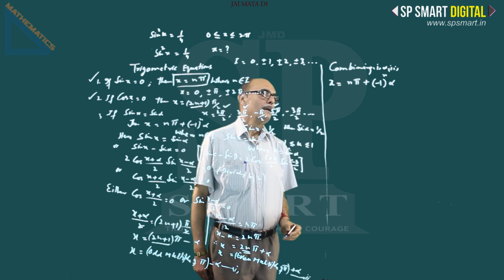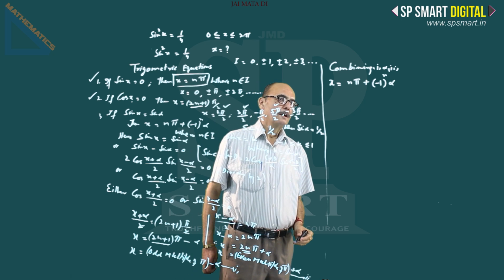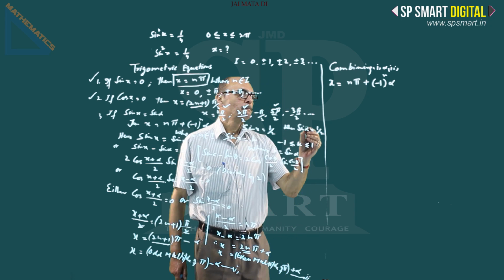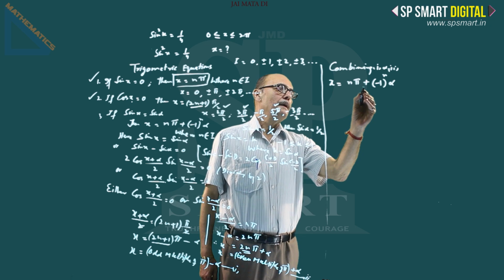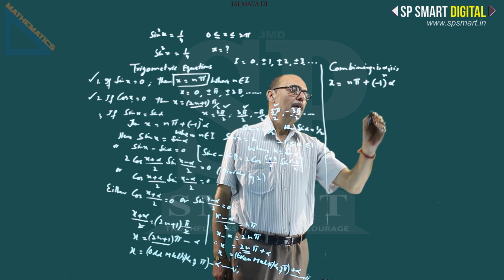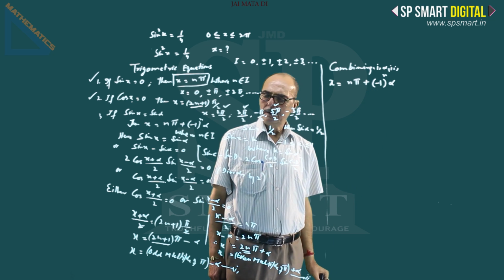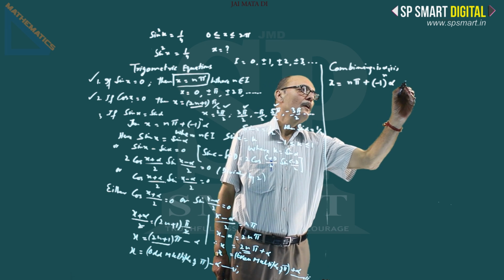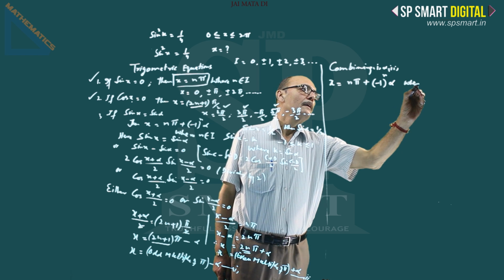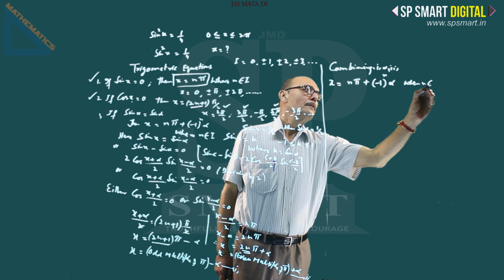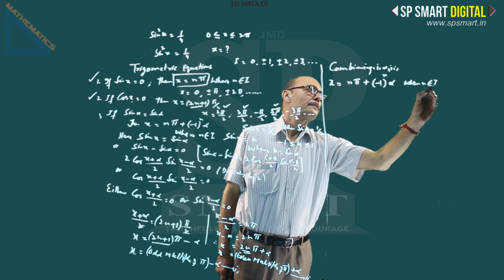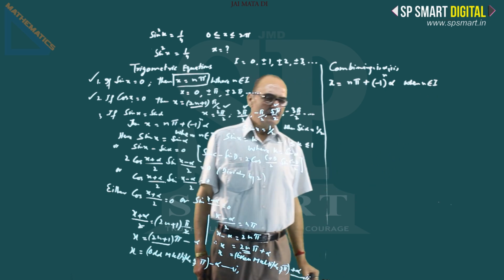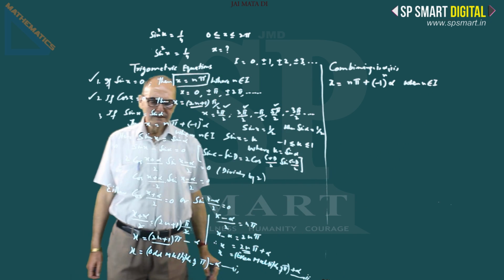Well, if we get this, n pi plus minus 1 raised to power n into alpha, here we are using the letter n belonging to the set of integers. You can still modify it as,